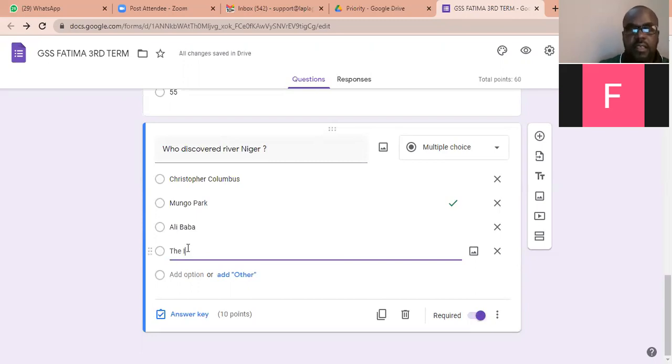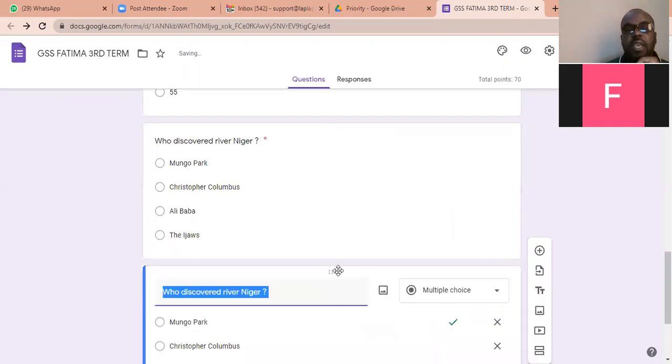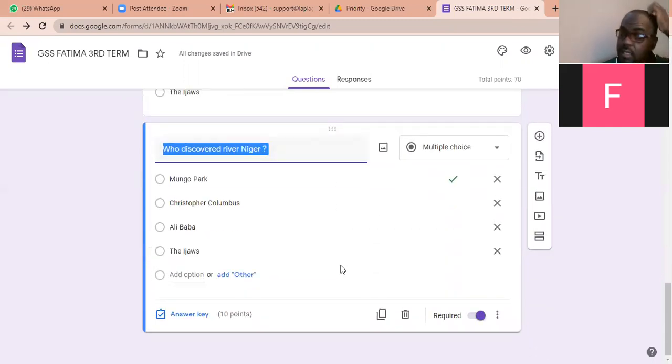The Jaws. Okay, so the correct answer is Mungo Park. So you can make it number 1, just to change. Then come here and say